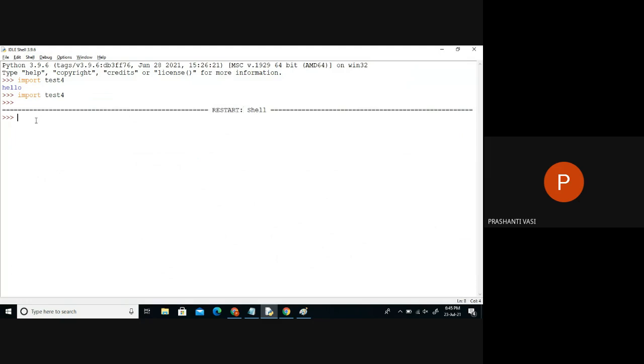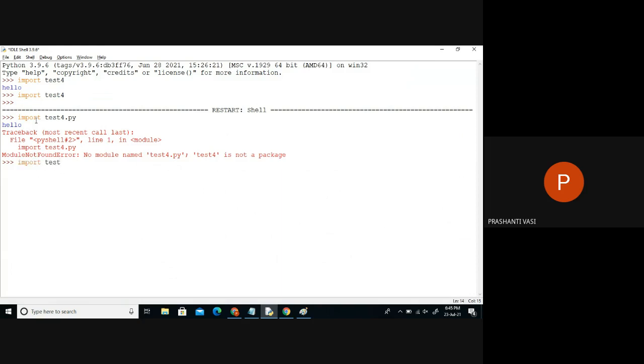I've just restarted the software once again, and I'm just saying import the file. So we should not say extension. This is not allowed. Basically, it will give an error. So what we should just type is import statement. Now already it is executed. You can see that partially executed.